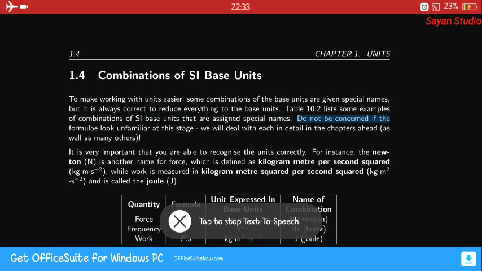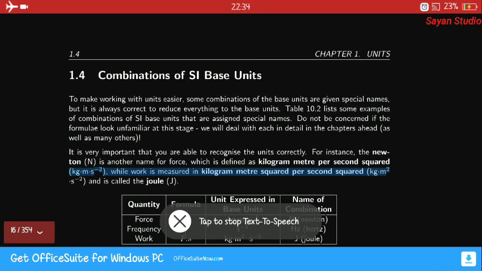Do not be concerned if the formulae look unfamiliar at this stage. We will deal with each in detail in the chapters ahead, as well as many others. It is very important that you are able to recognize the units correctly. For instance, the Newton, N, is another name for force, which is defined as kilogram meter per second squared,